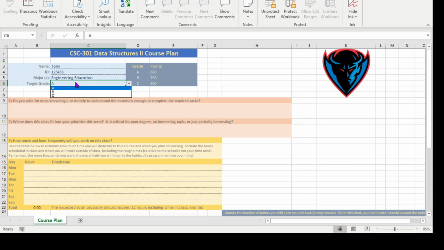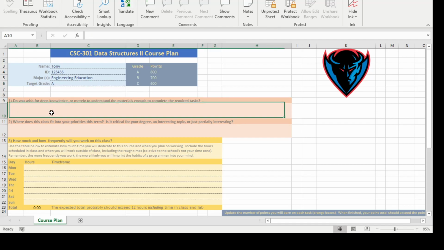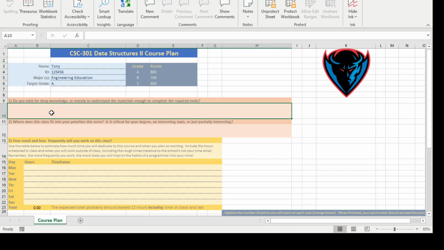And so what I want you to do is say, well, if I'm shooting for an A, am I willing to do the work for that? Am I willing to do the type of learning required for an A? I expect if you're going to get an A in data structures, you're going to know all of the basics of the data structures. You're going to be able to code things about data structures. You're going to be able to do some research on using and applying data structures, as we'll see in the course materials as we go through the rest of this class and a little bit of these videos.